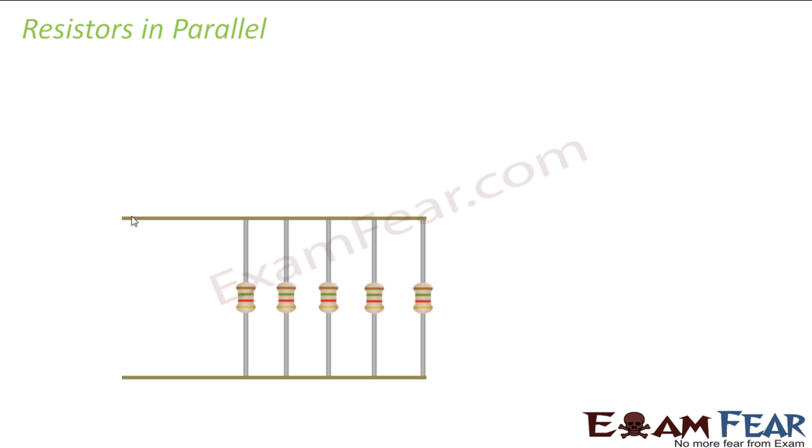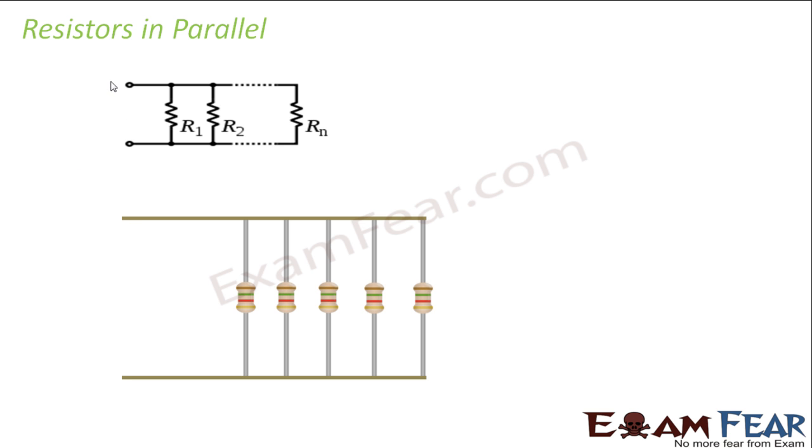Now let us look at the scenario when the resistors are connected in parallel. So here, what will happen when the resistors are connected in parallel? These are your two terminals, say A and B. In this case, the potential difference across each of them will be V. So the potential difference across each of them would be the same, right? Because the potential difference between A and B will be the same as between these 2 points, the same as these 2 points, and so on.